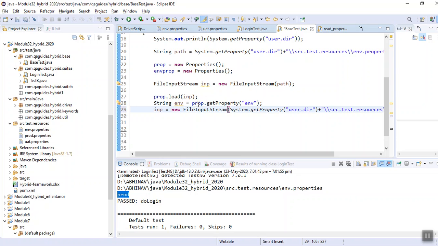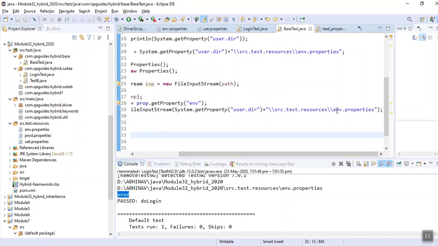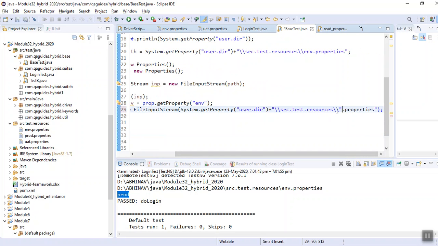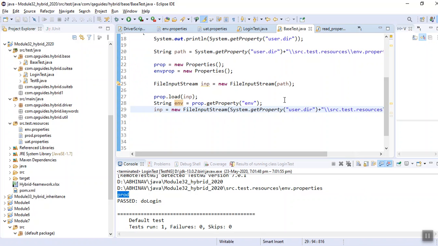Okay, tomorrow say the environment becomes our UAT environment, so we have to open the UAT file. So now I have to make the changes. What I can do here is substitute the name. I will put it in double quotes, plus plus, and it will be env. Fine, get the things. So now it's the production. Our environment is prod. The value will be prod, and it will open the prod file.